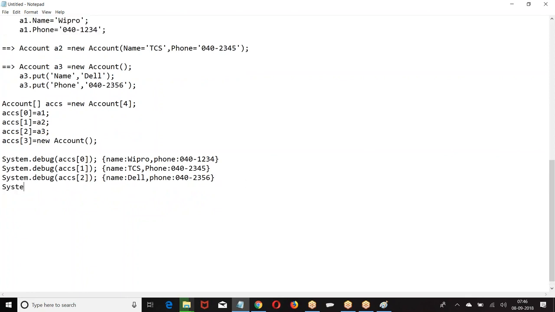It will be empty, not null, because memory is already given. When memory is already given, it will be empty. New is already given, so it is not null. Whenever the memory is assigned, it will not be null, it will be empty. There is a difference between null and empty. Now if I don't assign the value, it is empty. If I put some value here,